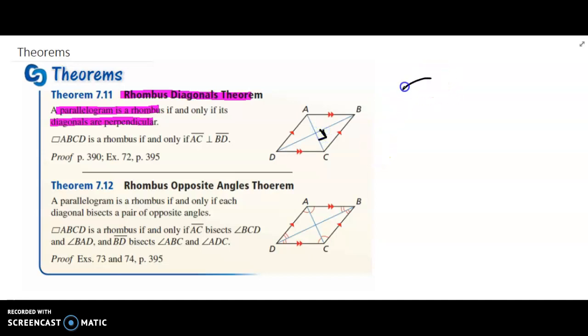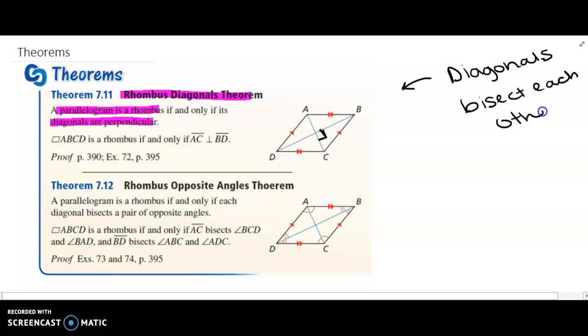Now notice that a rhombus is a parallelogram, so because it's a parallelogram, the diagonals bisect each other. But this theorem tells us that they're also perpendicular. Okay, so I can conclude that in a rhombus, the diagonals are perpendicular bisectors, they do both,